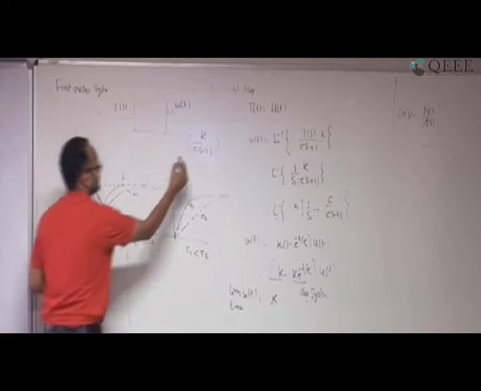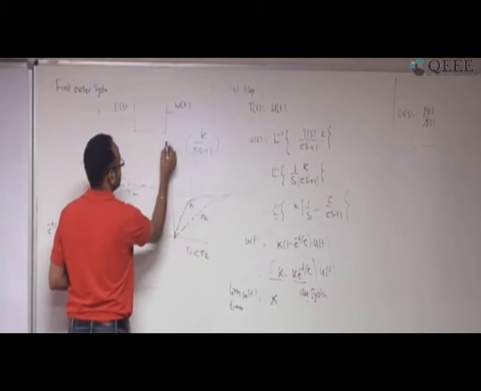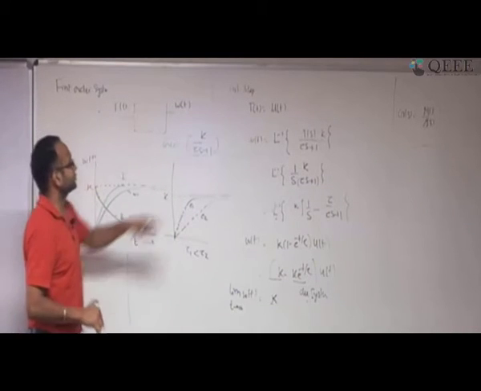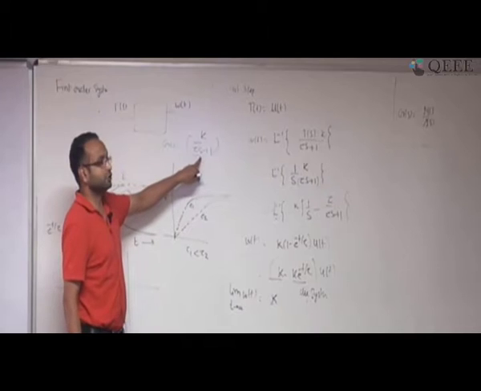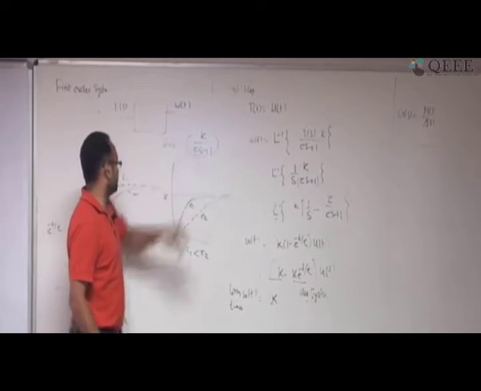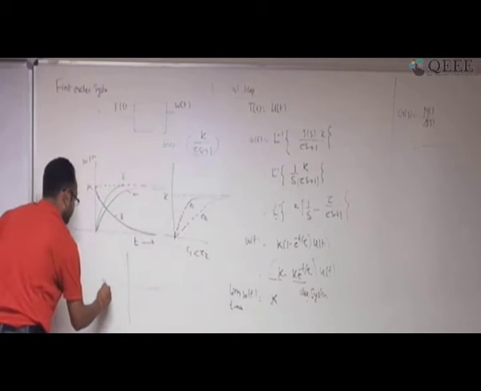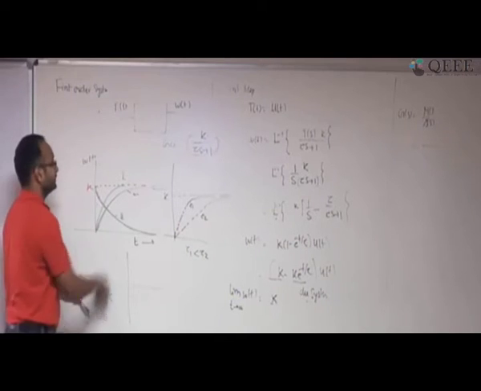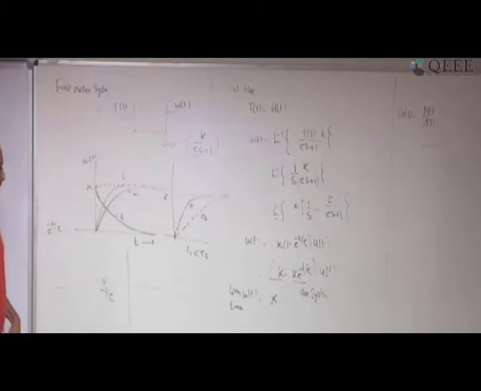So you know that, for the system, what are the roots of this? You know the roots of the denominator are called the poles of the system, and the roots of the numerator are called the zeros of the system. So look at where the pole is lying: minus 1 by tau. Okay, this is the pole of this first order system, and since it's a first order system, it is going to have only one pole.